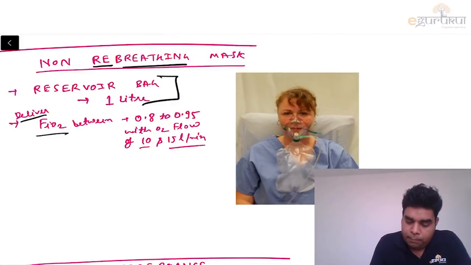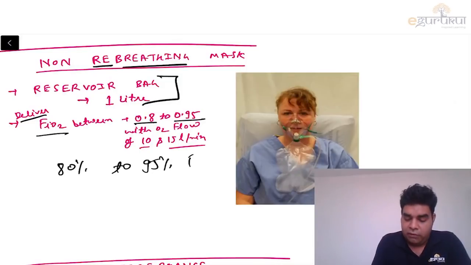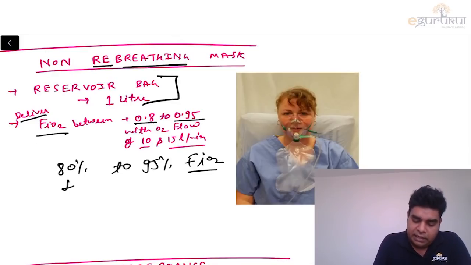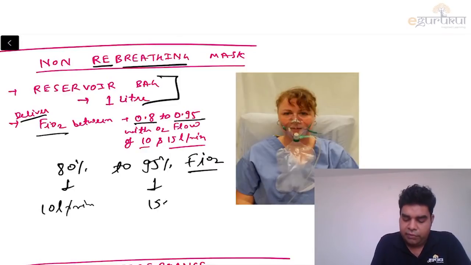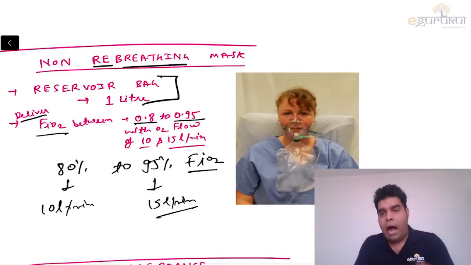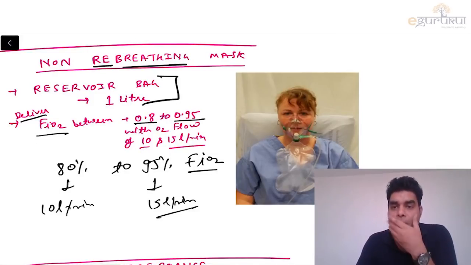It increases from around 0.8 to 0.95. That is, 80% to 95% oxygen comes. The fraction of oxygen in inhaled air is 80% to 95%. It is 80% when the oxygen flow is around 10 liters per minute, and 95% when it is around 15 liters per minute. And it depends on how tight the mask is, because ideally in a non-rebreathing mask, there should be